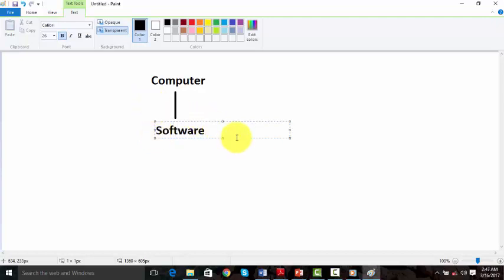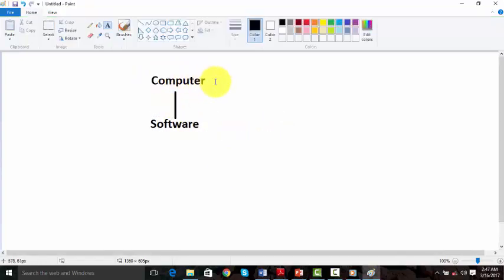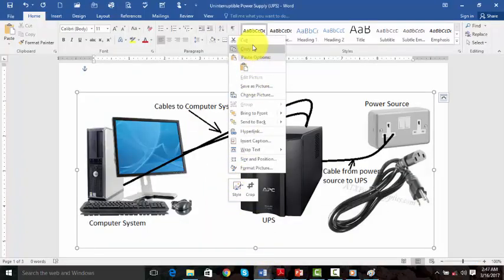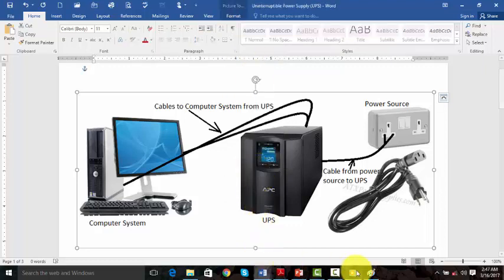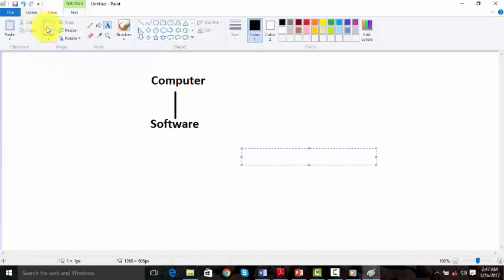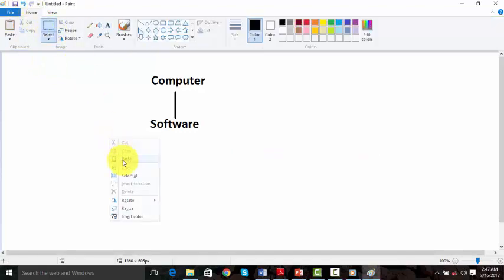So what we are saying is that this is our computer. So in this case, let's do this a bit.